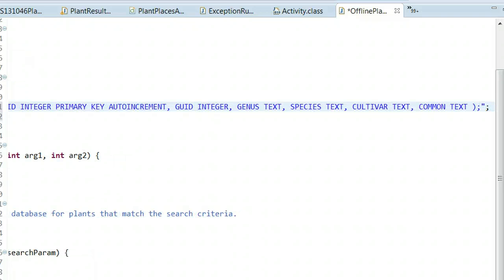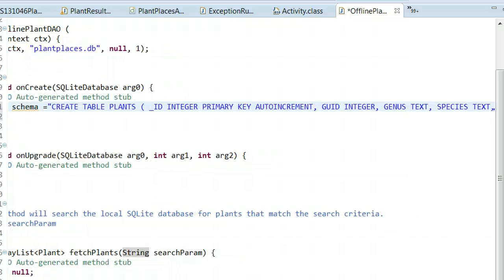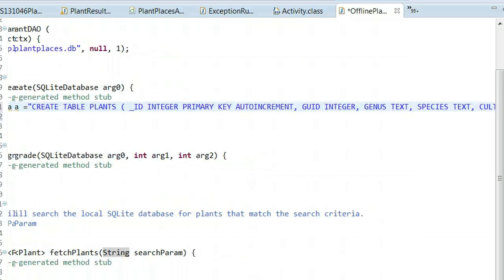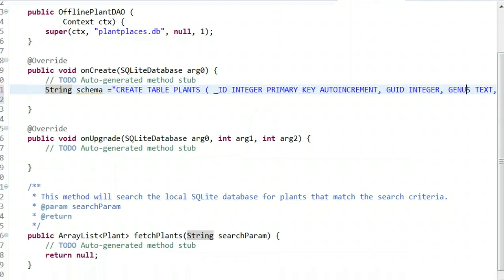So this is what we want. These are the columns that we want to define. Only about 6, and as I said, keep it simple. Don't overdo what you put in this local database. Just enough that you can do autocompletes, which we will be able to with genus, species, and cultivar and common name, and enough that you can do certain things offline as you wish to do them offline, like in my case,